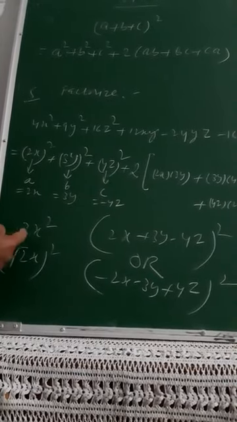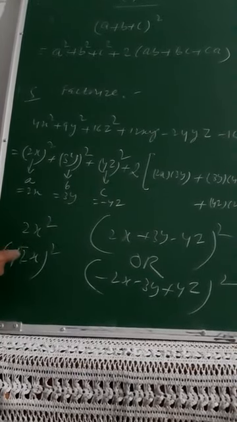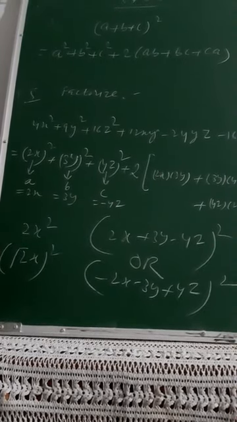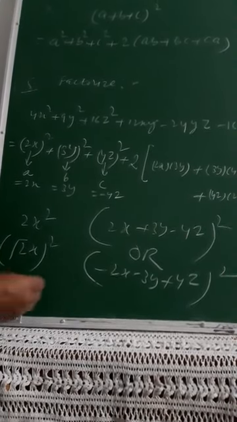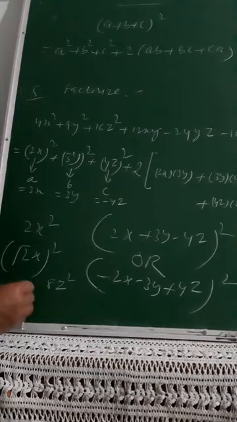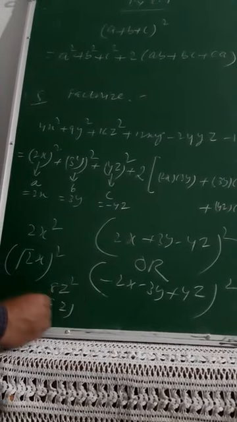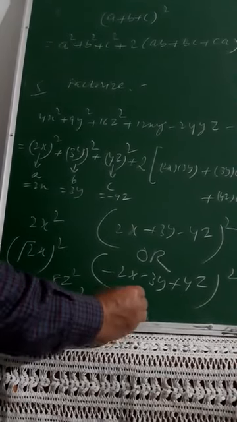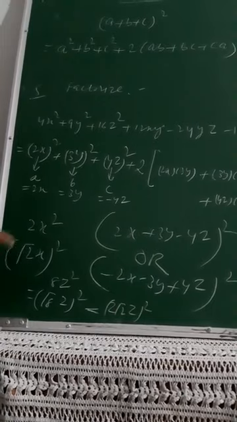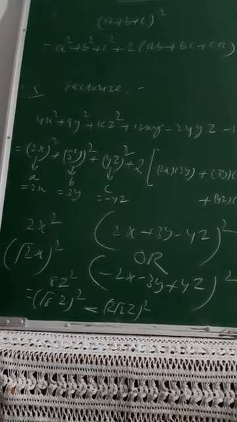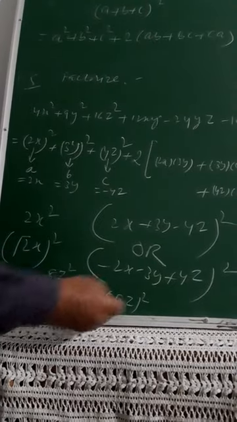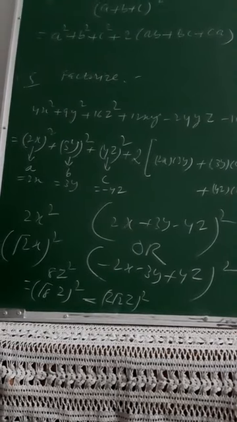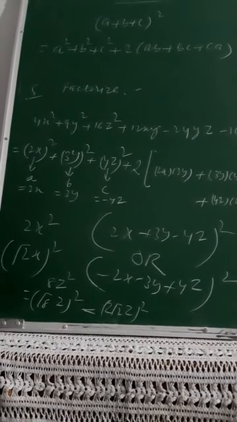So under root 2, 2 is the perfect square of root 2. So root 2 square when I take, that will become 2. So a will be equal to under root 2x. B already is y square. 8z square also you can see. If 8z square you know, so 8 is under root 8z whole square. And under root 8z you can write that is equal to 2 under root 2z whole square. So in that, a will be equal to under root 2x, b itself is y, and c you can take equal to 2 under root 2z in the second part, and then you apply the signs and check your answer. If any difficulty is there, I will come back to you, because these questions will take time.